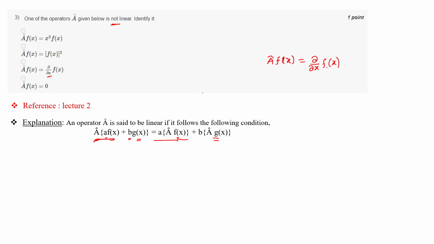function and giving the function back, it is a linear operator. So here it is doing the same thing. It is operating on a function, it is giving back the same function. It is not a function, it is just an operator. It is not changing the function, so it is a linear operator. And the question mentions which one is not linear. So C could not be possible. Anybody else?